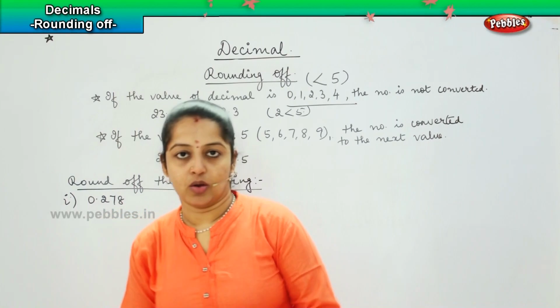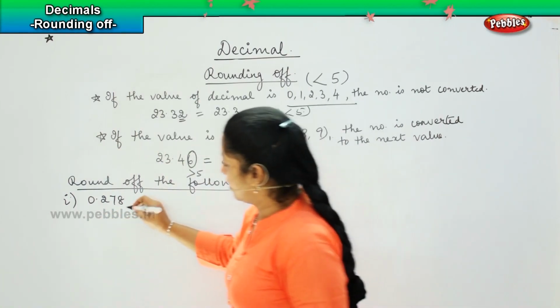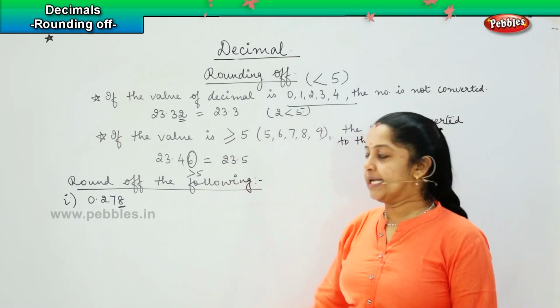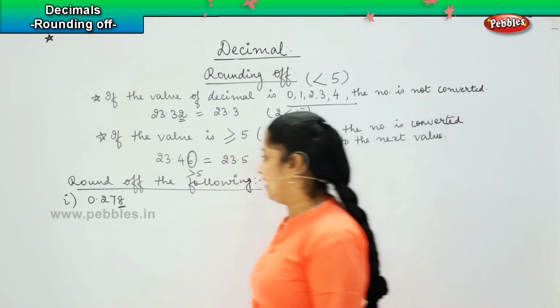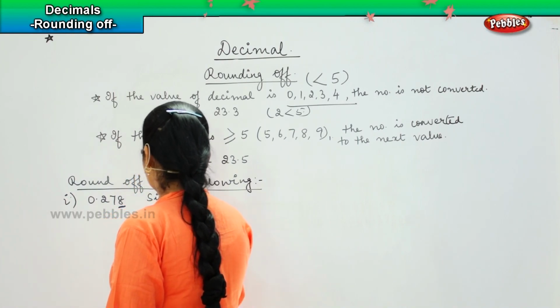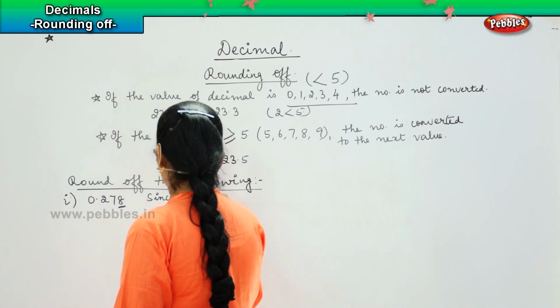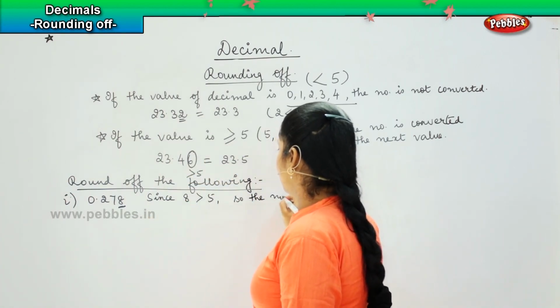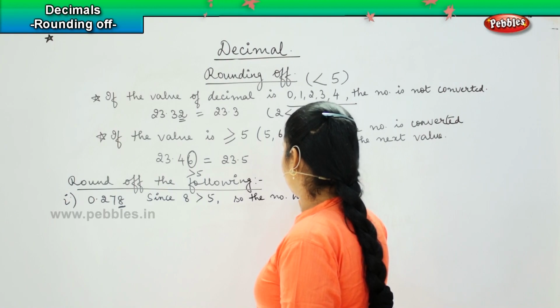Now we have to see the value that is towards the end. So what is 8 here? 8 is greater than 5, right? So since 8 is greater than 5, the number will be